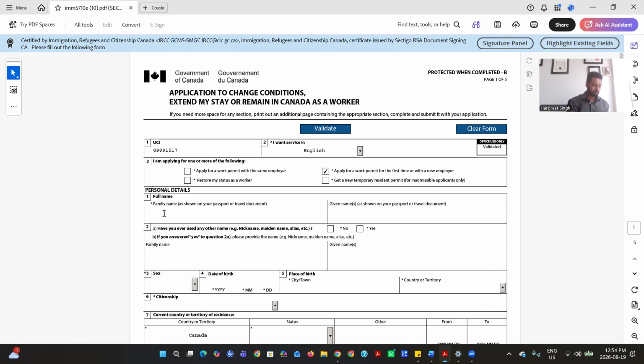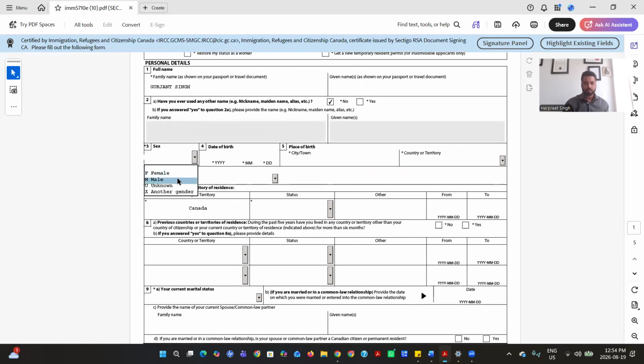You can fill the name, for example this. Have you ever used another name? No. Let's fill. For place of birth, make sure you are accurately filling from your passport, date of birth, and